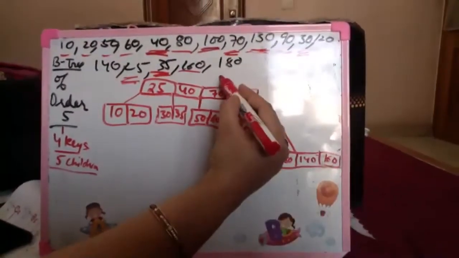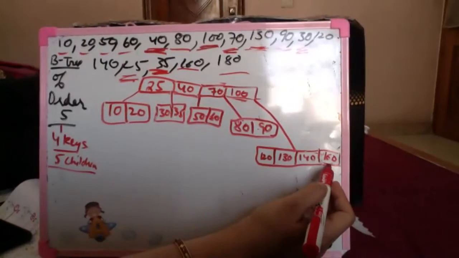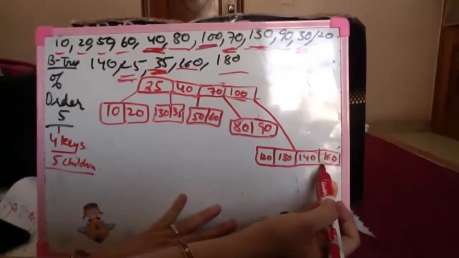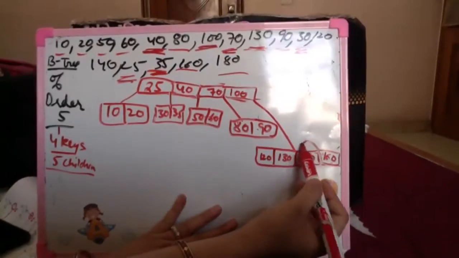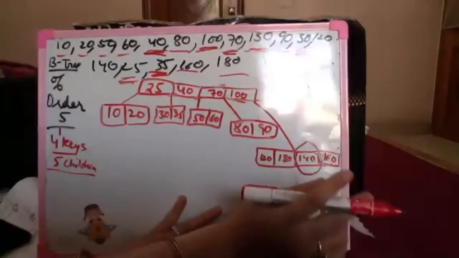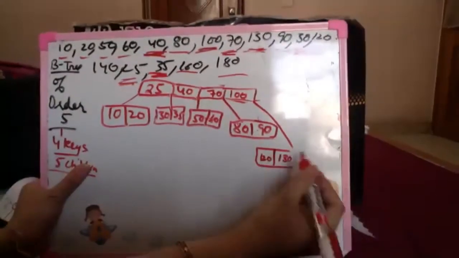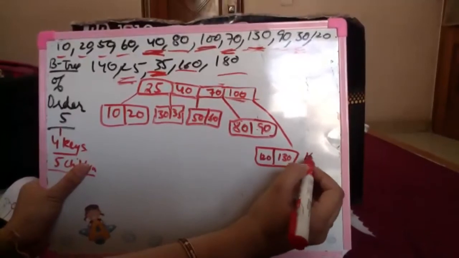After that, when I want to insert 180, it has to be inserted in this node only, since it is greater than 100, greater than 160. Now this node needs to be broken around the median. Median becomes to be 140. So what we do is we break this node so that there are now two nodes, 120, 130 and 160, 180.